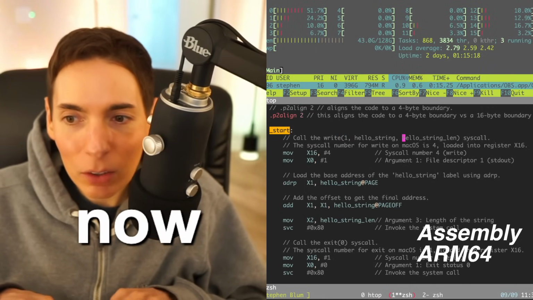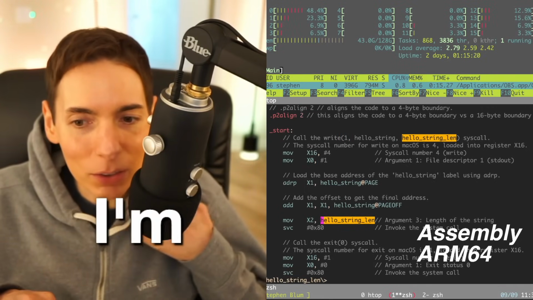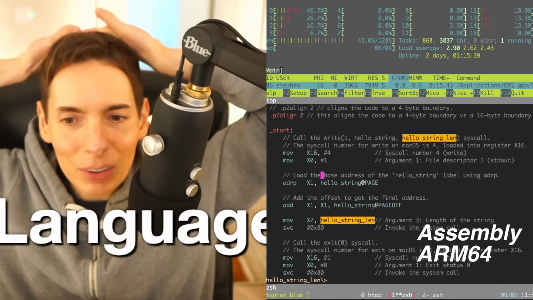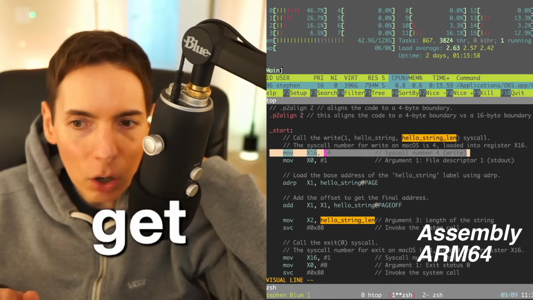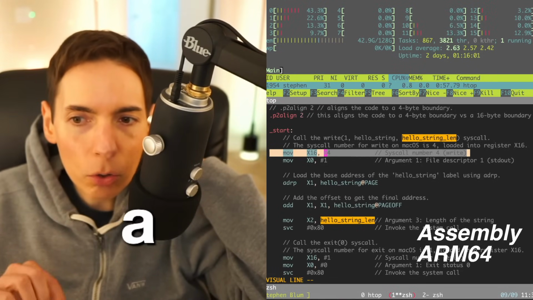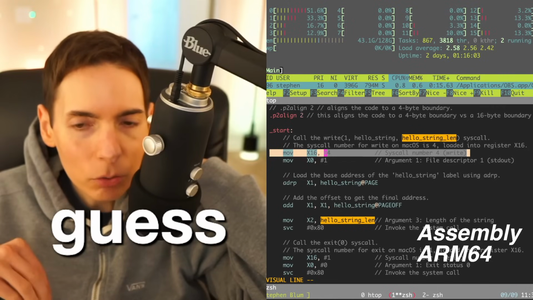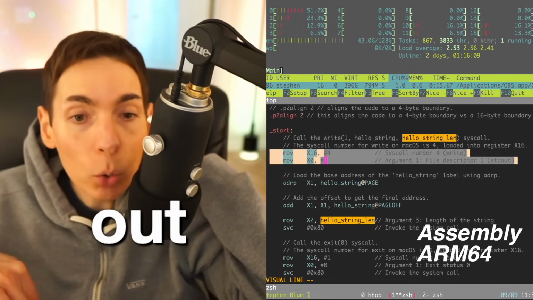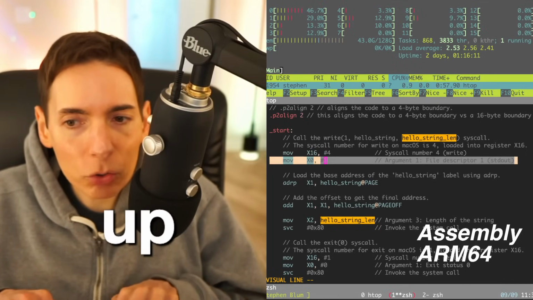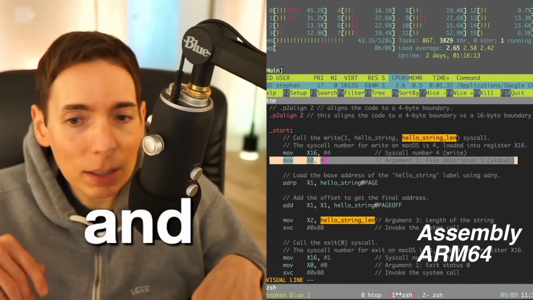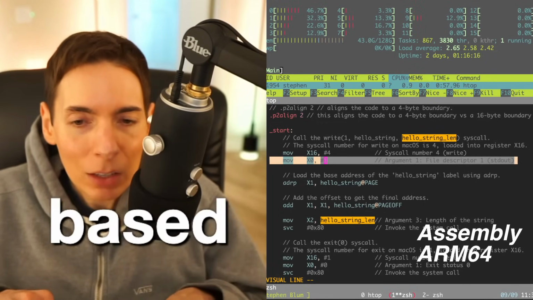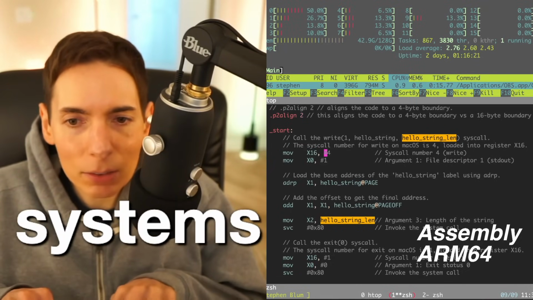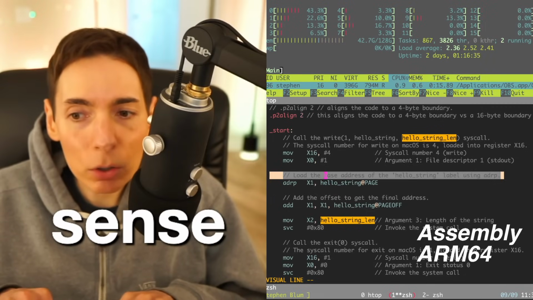Hello string, hello length. Okay, so this is what I'm super curious about, is this length. We are currently walking through assembly language. We're doing a quick hello world, call number 4, which is a syscall for writing. So I guess for writing output, and a file descriptor, number 1, for standard out. I totally get that. You can open up a file descriptor to write to the disk, and it will be some operating system based number. So it looks like you can call operating system commands by doing this. Now load the base address of the hello string label using